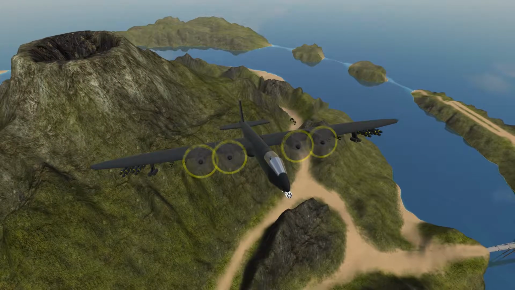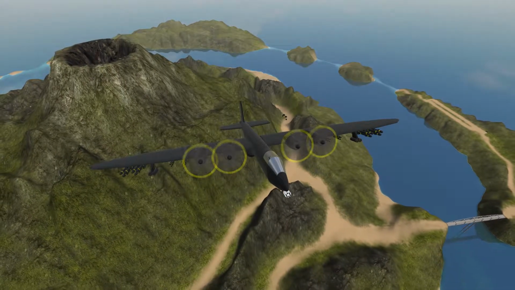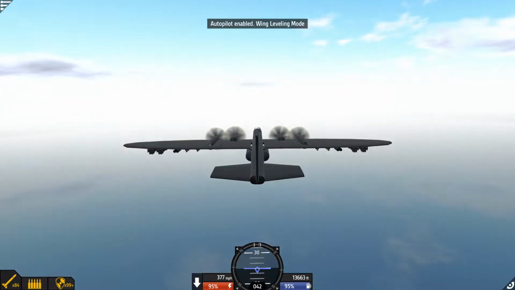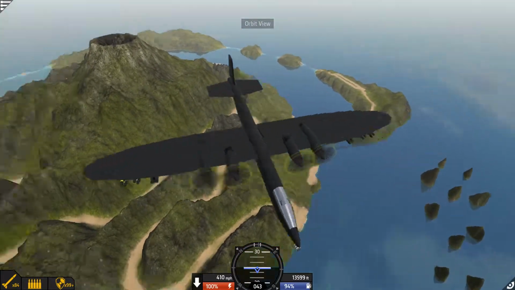Look at that carnage in the valley. That's beautiful. But at the same token, very destructive. So I think the plan for this attack is just going to be to start strafing them with the miniguns in my rocket pods. Because it'll do a bit...